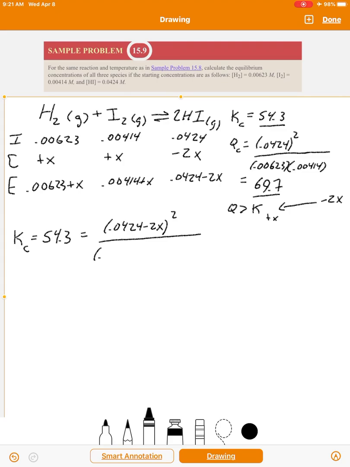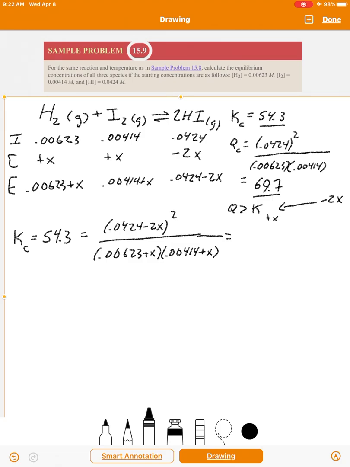And then we're going to divide that by 0.00623 minus x, and 0.00414. I'm sorry, that's plus x. Plus x. Be very careful with these calculations, particularly the earlier you make a mistake in these problems, the more